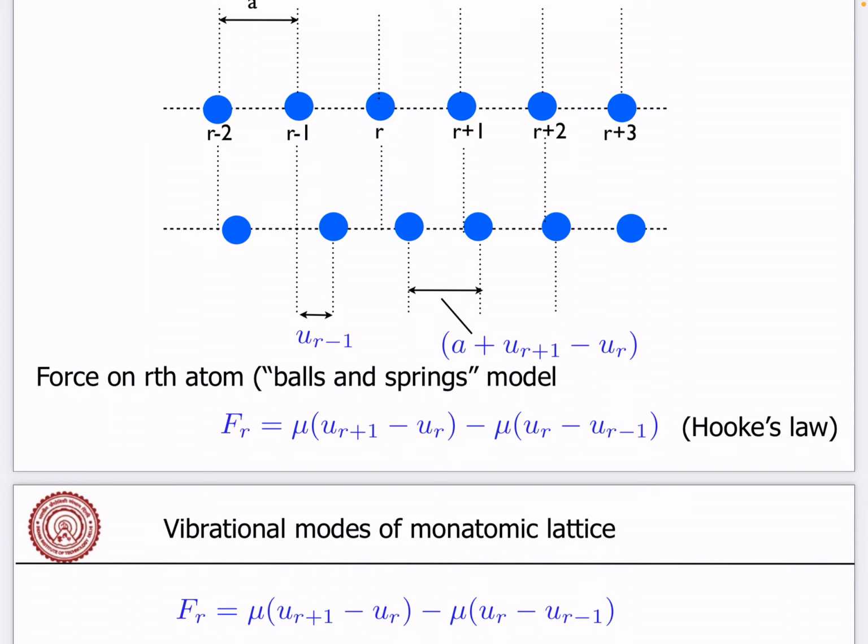So the net force on the rth atom is due to the r plus 1th atom's displacement and the r minus 1th atom's displacement. I hope that you understand that. Again, what we are considering here is that this displacement is only affected by the nearest neighbor atoms. This is important. The nearest neighbors of the rth atom are the r plus 1th atom on the right and the r minus 1th atom on the left, and their displacements